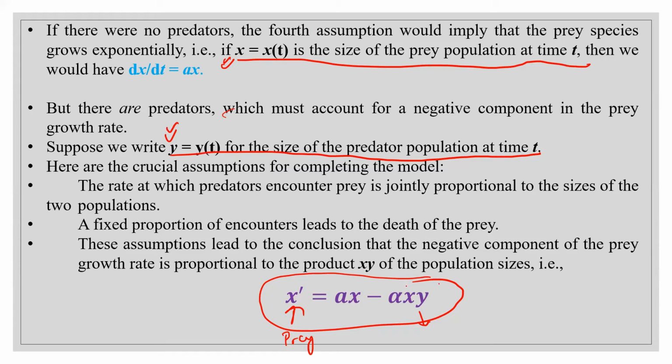Now if you see, if my y is 0, that is, there is no predator, then what will be the scenario? x dash is equal to ax. If there is no predator, can you see this y is 0? Then what will happen? You have solved this. This is growing exponentially. So in the absence of the predator, the prey population will grow exponentially as they have unlimited food supply.